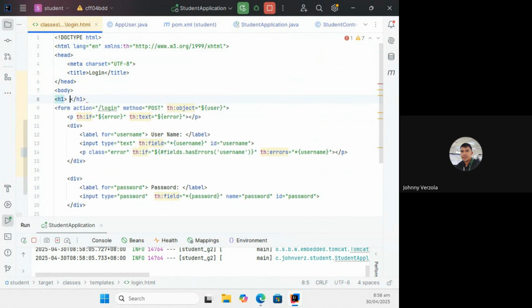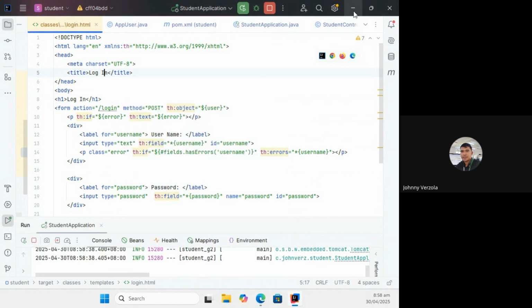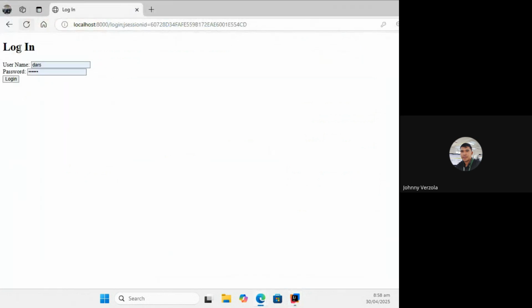Let's just create a header here, something like that. Let me change this one to be consistent. Then let's try it. Refresh. Login. Invalid credentials.